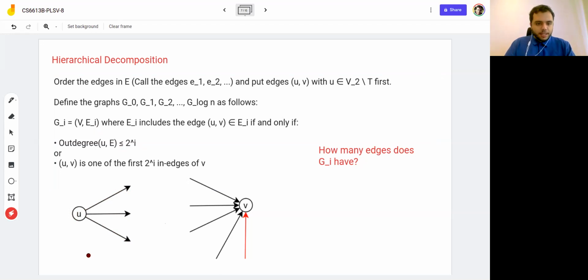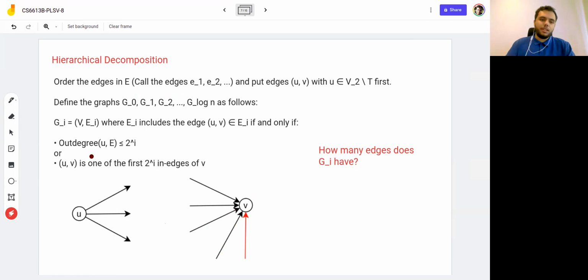Okay? So in this case, let's say that I'm computing G2. So 2 to the power of 2 is 4. This vertex U has only 3 outgoing edges. So all of these outgoing edges would be in E2. And the other edges that will be in EI are the first 2 to the power of I in edges of every vertex. So if I have a vertex V, there are probably many edges that are coming into V. And I already had an order on my edges, right? So I just take the first 2 to the power of I edges of this,